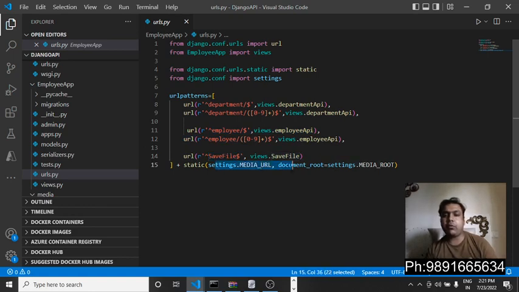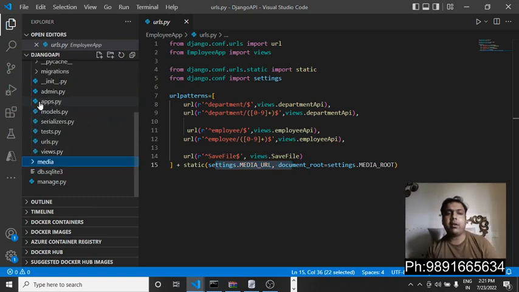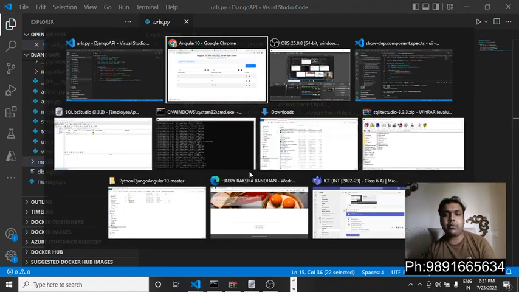This is the one which is actually helping the platform in reading the image based data, the images which get uploaded by the user. So these are all the images which have been uploaded till now, and you can see all the images are present in this folder named media. Coming back to the platform,